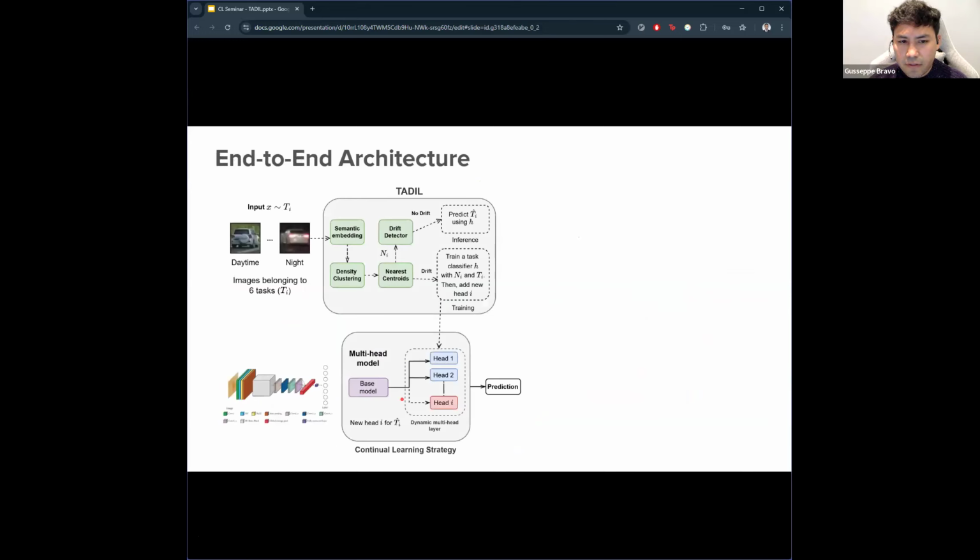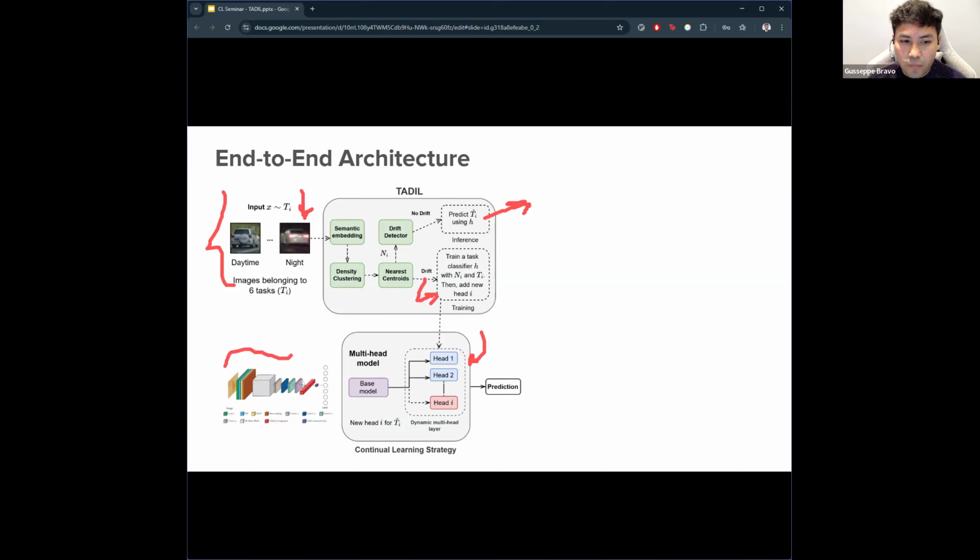Why is that? Because at inference time, we might have several tasks. If this batch of images doesn't have drift, we can just get the task ID by using the task model. If we get drift, we can add a new head to the base model.